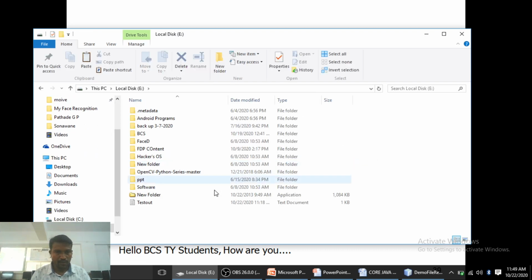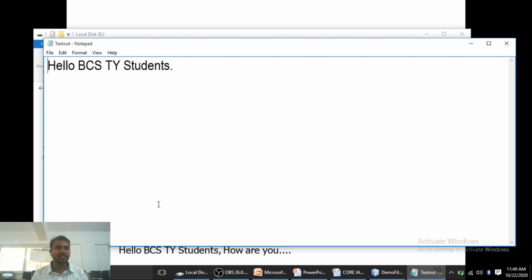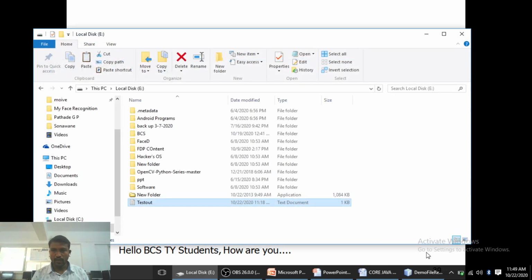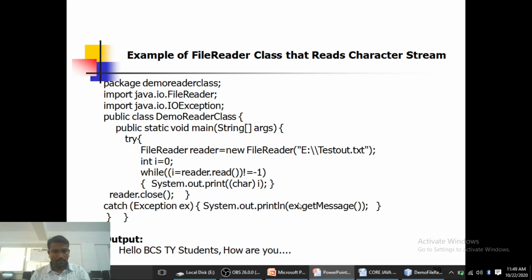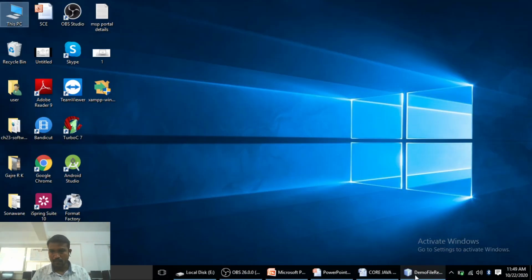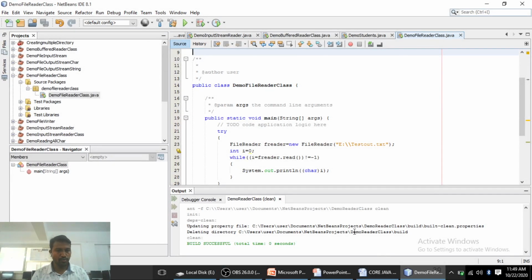Yes, the testout.txt file is there. We open it to see whether it has any string. Yes, it contains the string hello BCSTY students. Now we run this program and see whether it displays the output.